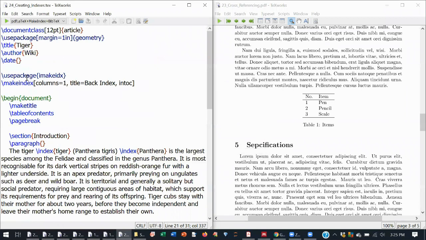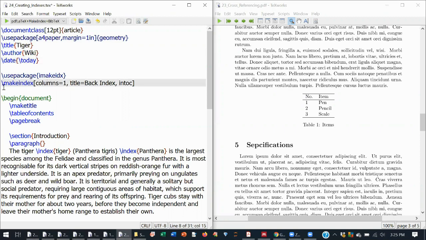So now we are going to create an index. Here also I am using the article class and setting the font size to 12 point. I have used the package geometry and set the margin as 1 inch. I can also change it to A4 paper. Then I am giving a title to the document. You can create the title the way I told you, using begin titlepage and end titlepage, or you can use title and author, but that will give a short title at the top rather than a neatly aligned one. You can also use date as today, which takes today's date.